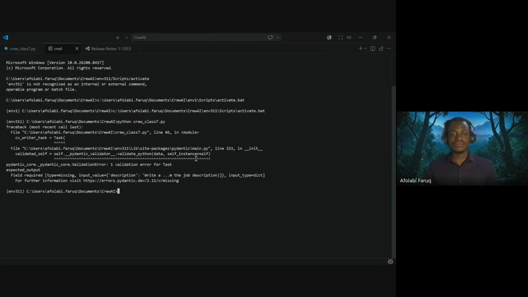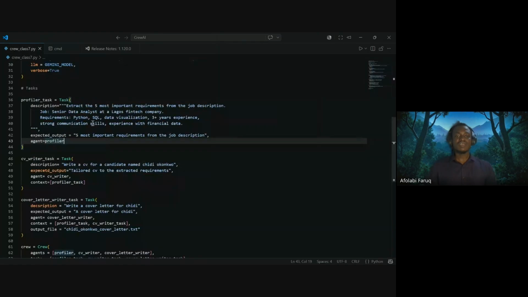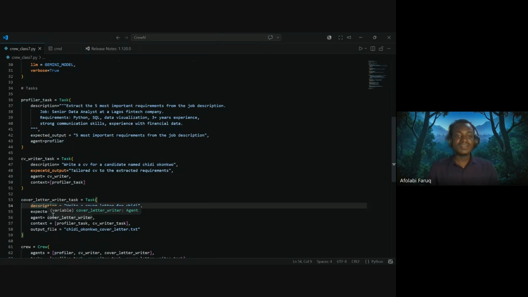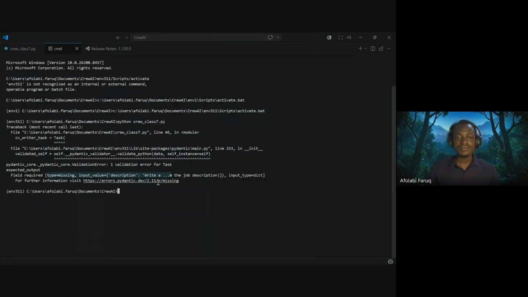Oh, description. I made a spelling mistake there. So you can see the error here. It was supposed to be description. Okay, so let's run again.